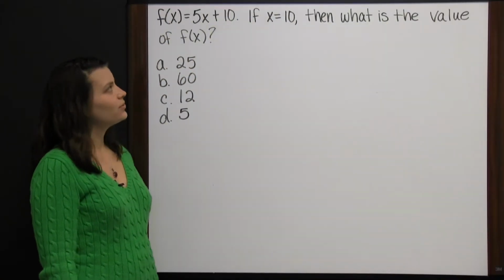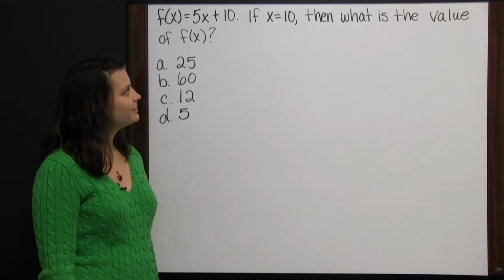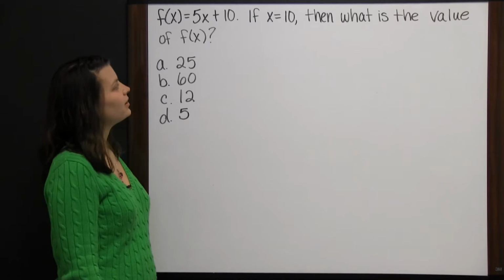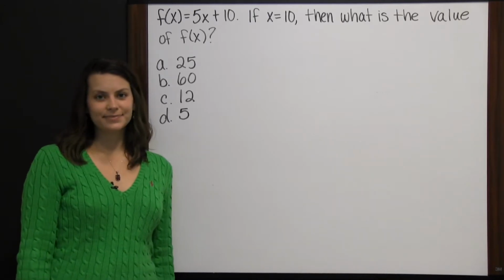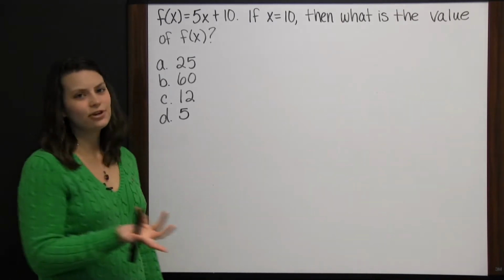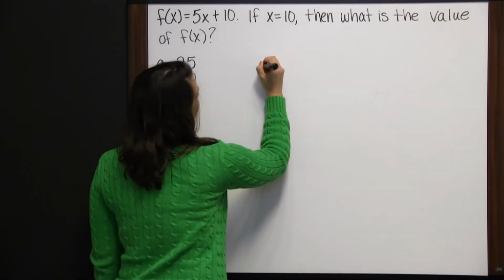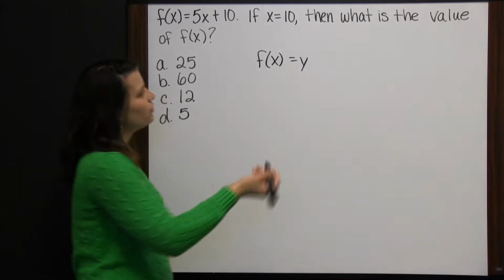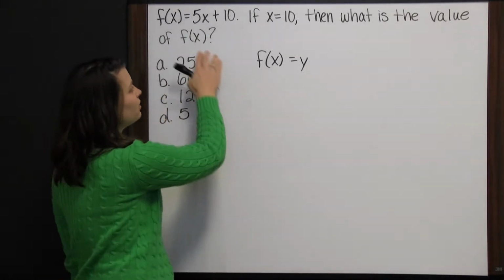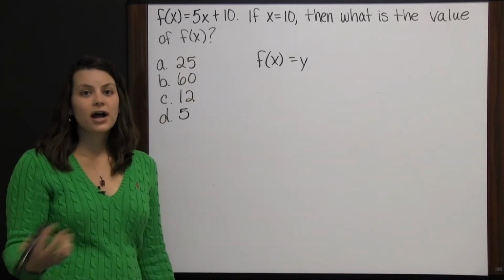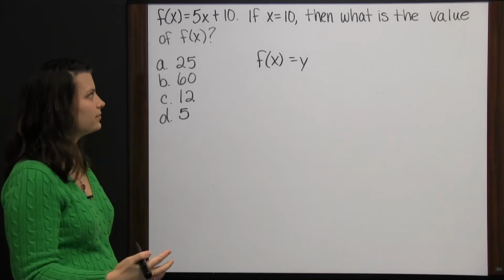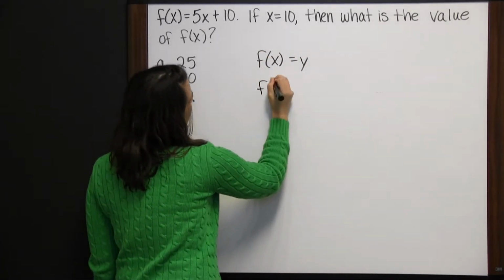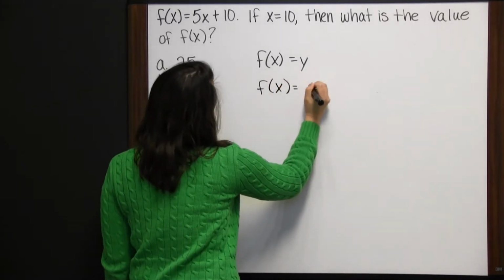f of x equals 5x plus 10. If x equals 10, then what is the value of f of x? Well, this is just function notation. F of x is just another way to write y. So when you're asked, what is the value of f of x, they're asking you, what is y when x is 10? Which means we need to take our function rule